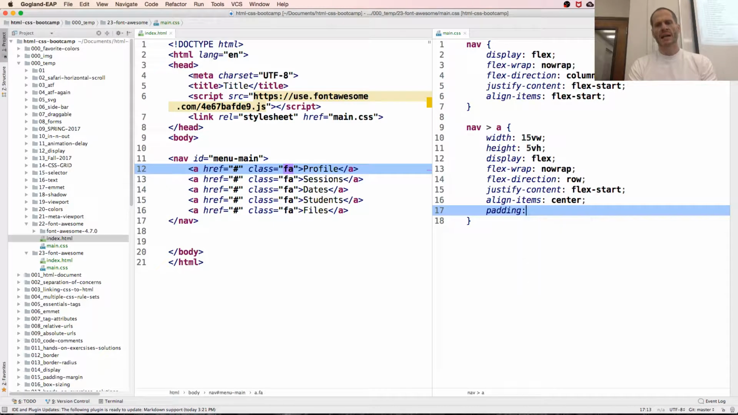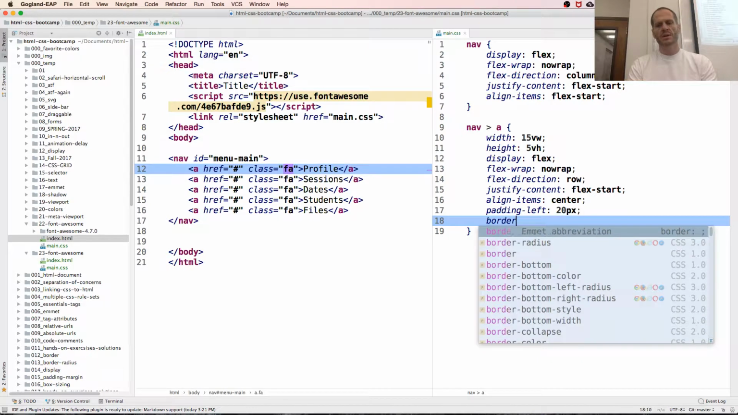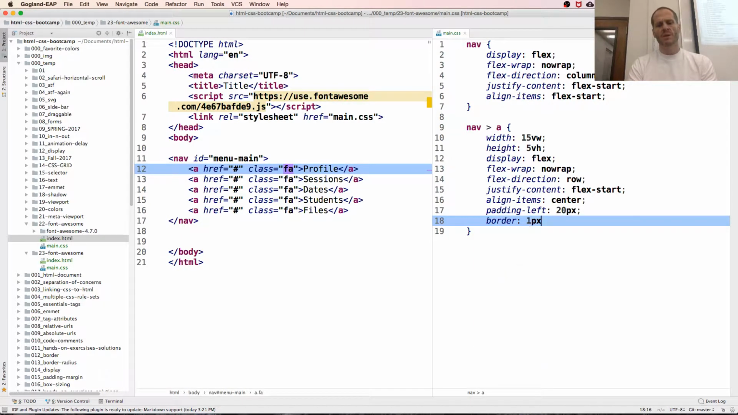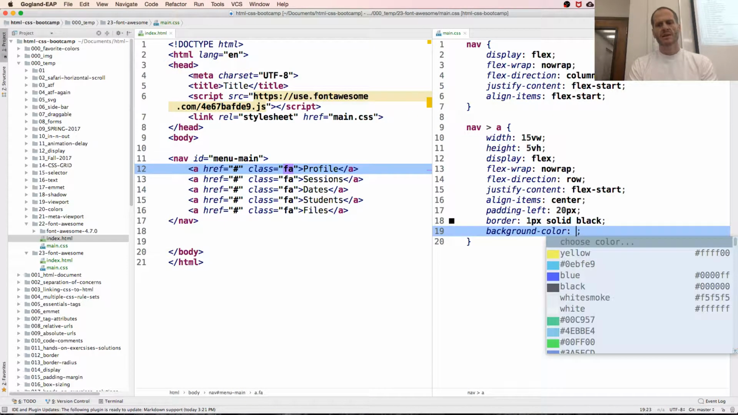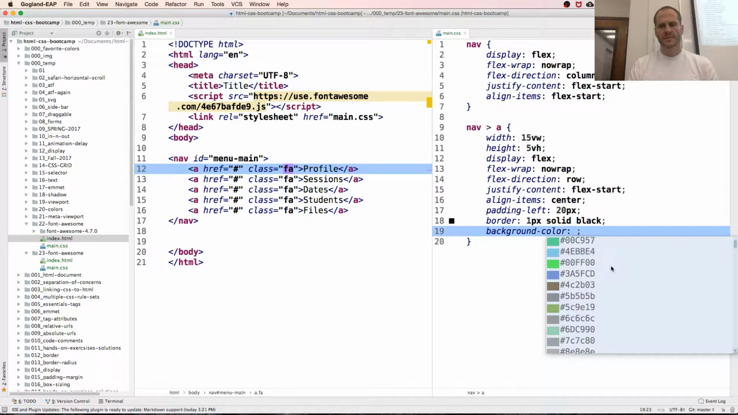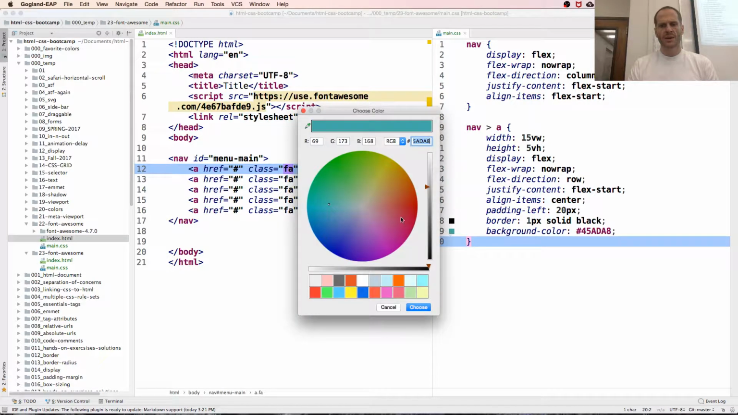So the padding left, on the left, will be like 20 pixels, just to bring them off the left border. And for all of those anchors, we want a border. And so the border will be like 1 pixel solid black. And we'll do a background color on each of those of like, I don't know, just pick one and then go in there and